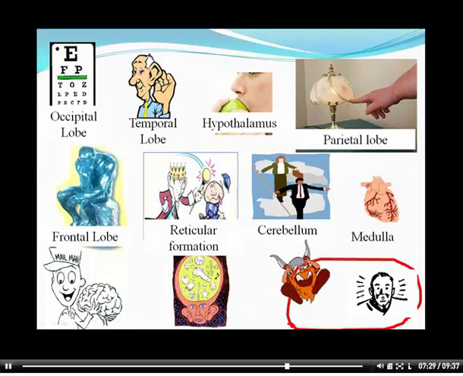Okay, this one here is a difficult one again. I'm not sure if you would get it, but I thought it would give me an opportunity to teach you about it a little bit. This is the thalamus. So the reason why I chose a mailman is the thalamus, what it does is the